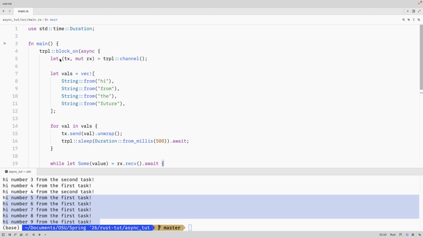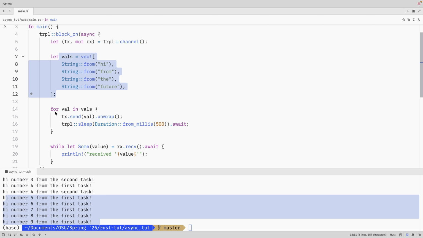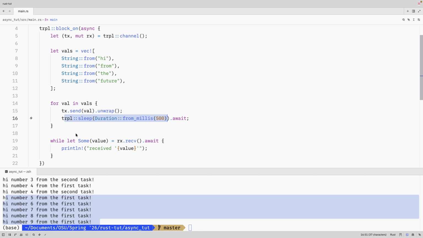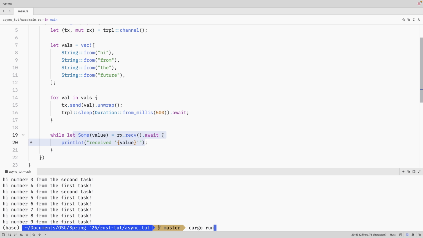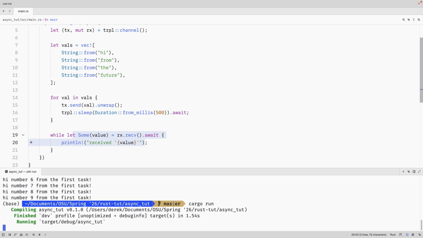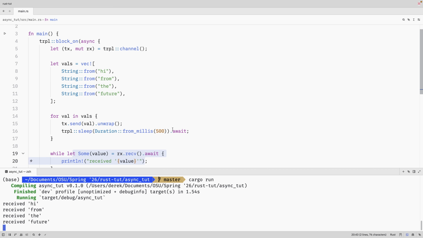We also have this concept of channels like in multi-threaded programming with the TRPL crate. So we have a transmit and a receive side. So here we're declaring a couple values, and then this is going to execute linearly. So we're going to wait until we send everything in the transmit side of the channel. Then the buffer is going to be full in the channel, and then we're going to go ahead and loop through all the values, except this is going to deadlock at the very end. So it's going to wait 500 milliseconds, then get all of them, and then as you can see, we're hanging